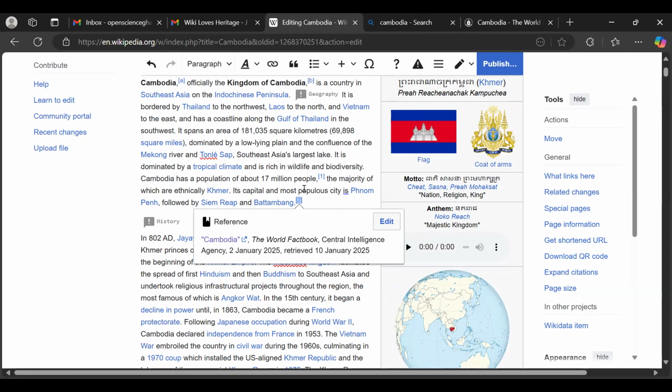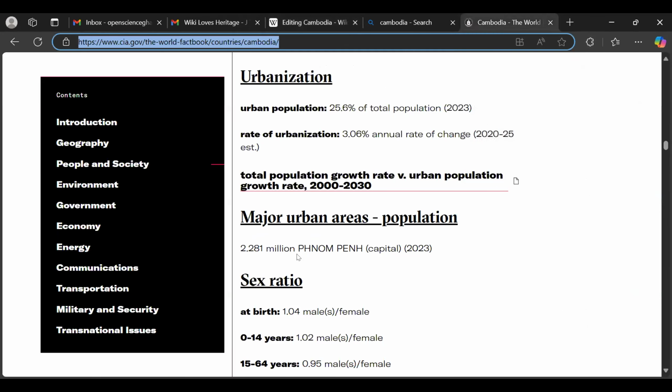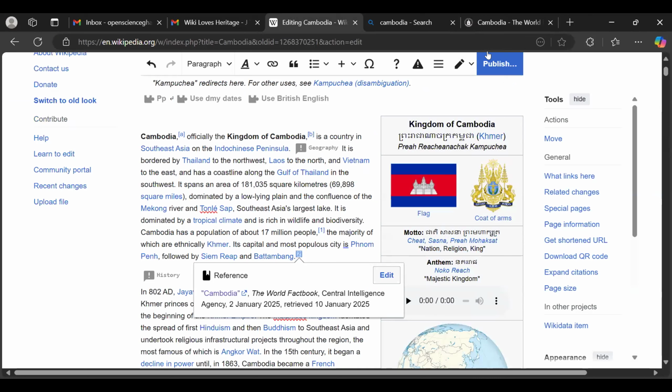But if you try to create it from scratch or write content that doesn't have the features of an encyclopedic article, or maybe the content is biased and all of that, it will be deleted. By just adding a reference like this, you rather improve the article, which means anybody who wants to read more about this, to know about the square kilometer, which is also reflecting on this page, can do so. Then you just click on publish.